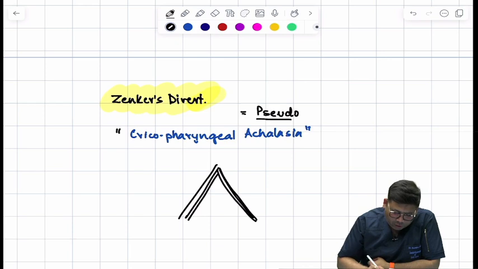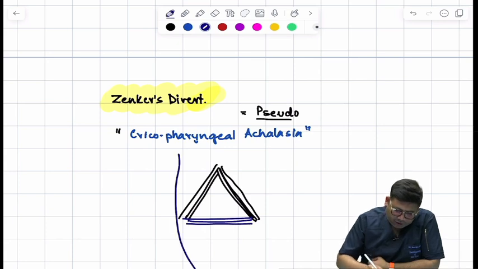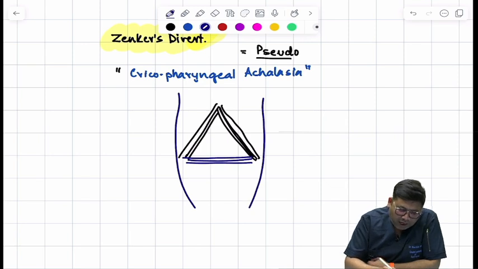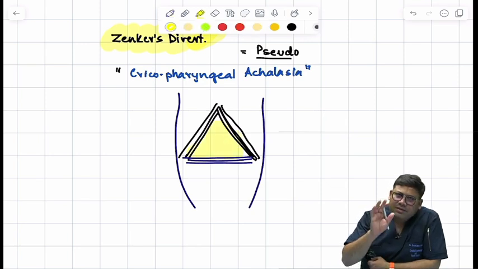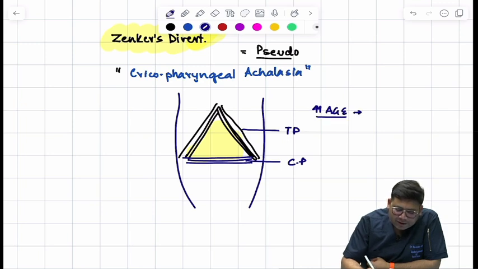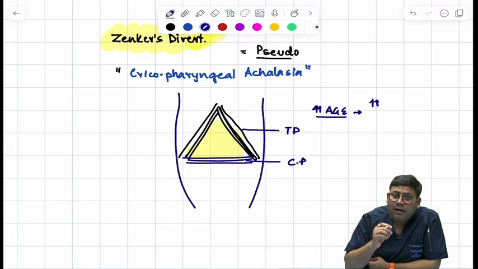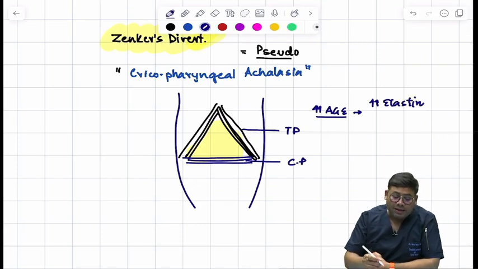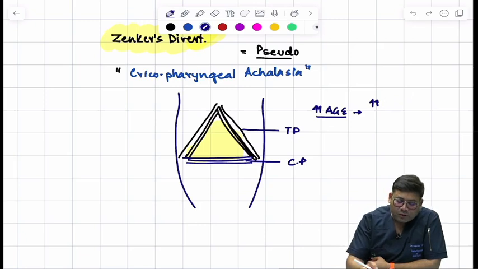So the problem with Zenker's is that normally you have this defect. What is this? Sir, oblique thyropharyngeus and horizontal cricopharyngeus. If you see the posterior wall of the neck of the esophagus, you have a defect, and this defect is present since birth. सब में होता है. So this is thyropharyngeus and this is cricopharyngeus. With the increase in age, there is a change in elastin fibers, a decrease in elastin, and this is known as hyperelastosis.